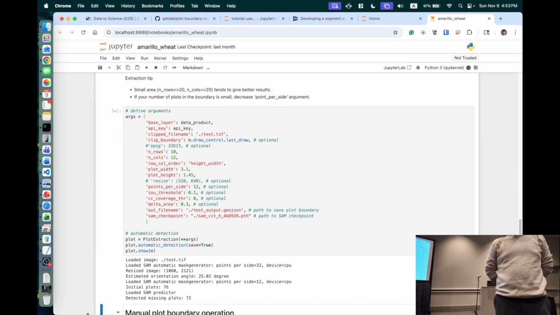So you have to have the separation between plots for this to work. If you have plots where one is touching the neighboring one, I don't think this is going to work. So I think the timing is going to be critical. I know that in Amarillo, you plant almost continuously and then cut the alleyway. If you're trying to apply this when people cut the alley, it's not going to work because you don't have a separation between the plots.